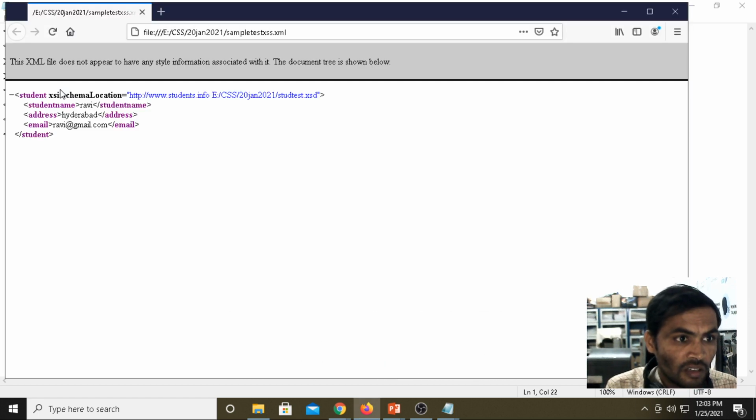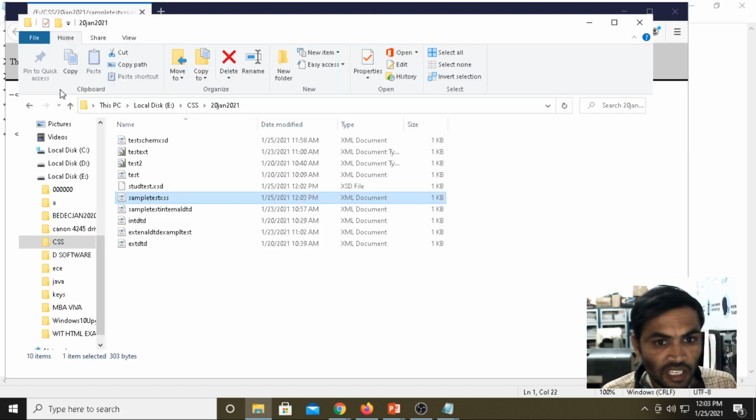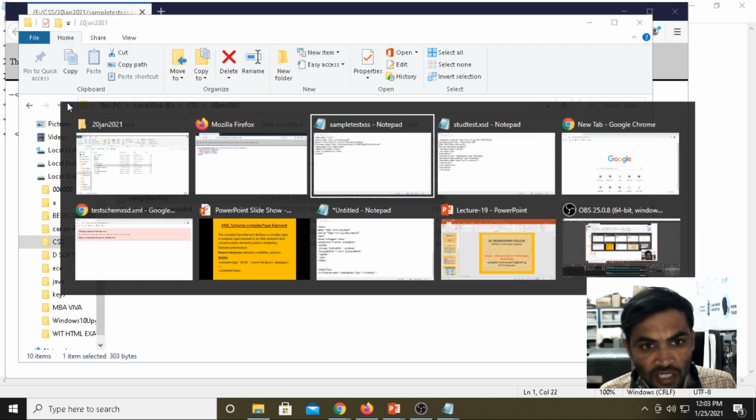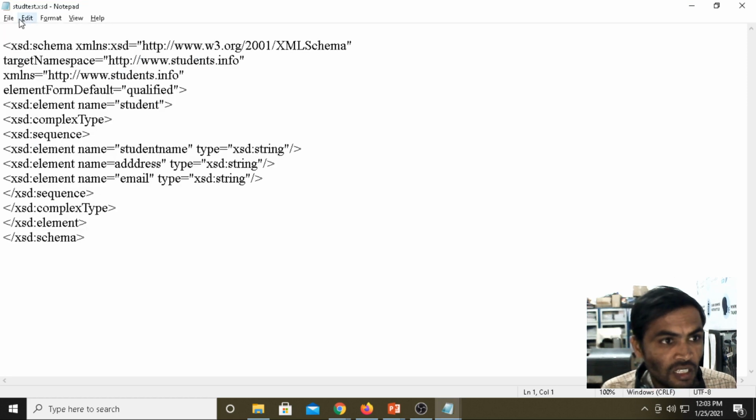See here, we made a mistake in that root element at the time of defining the element under XSD; we defined the XML root element here.